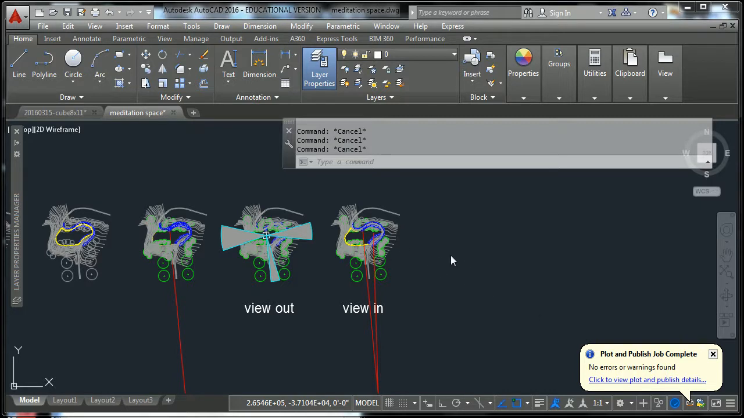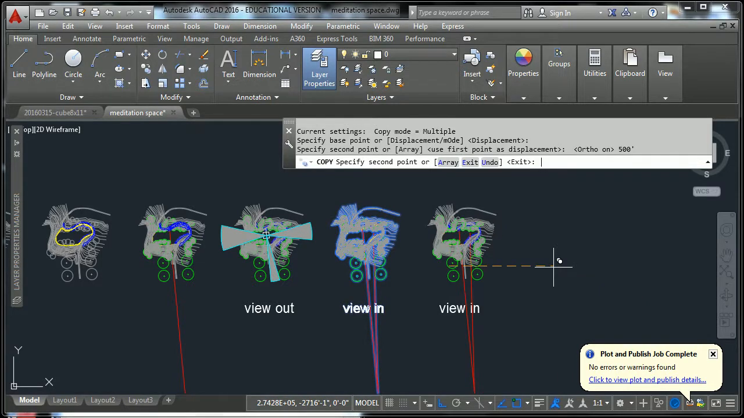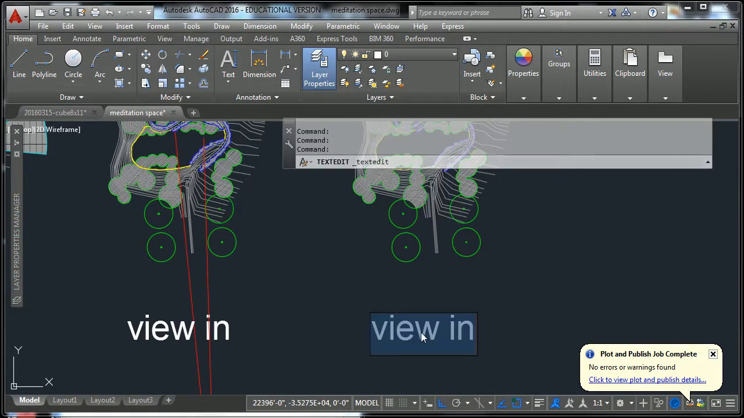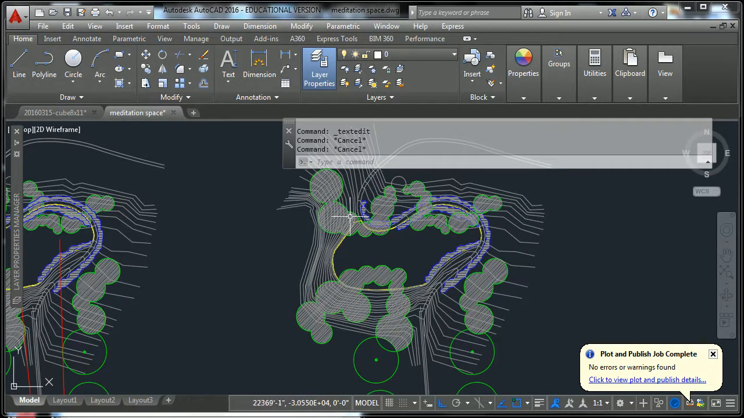Okay, so we'll put the next diagram as the approach diagram. We'll copy all this stuff again, select the objects, and then copy from a known point, F8, 500 feet. I could get rid of all of this, and then change the title to approach, and then proceed to